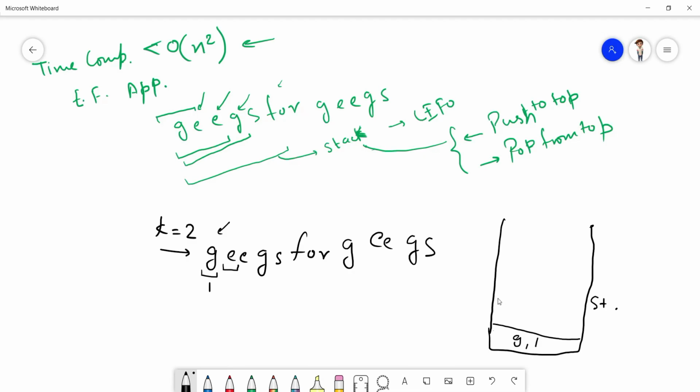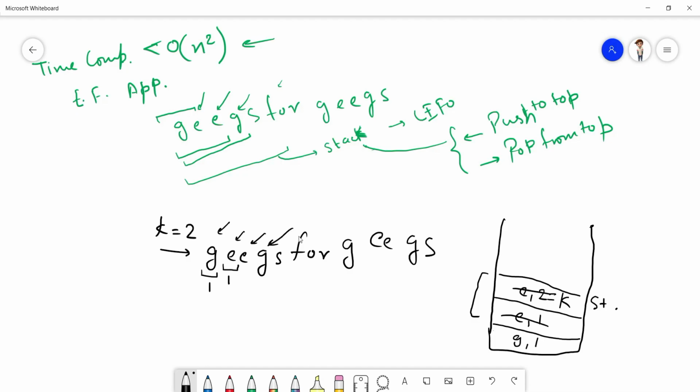For E, it is not equal to the top of the stack, so we push it again with the value 1 because its consecutive count is 1. Now we come over to this E, and we see that it is equal to the top of the stack, with the count 2. Now we push it into the stack. As soon as we get the consecutive count equal to k, we will remove the top k elements from this stack. So this is removed and this is removed, right?